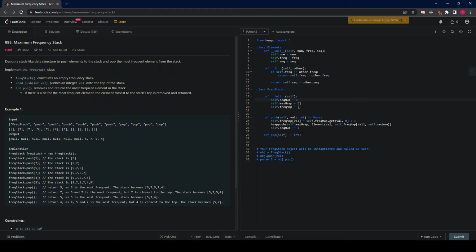So yeah, now we've successfully pushed onto our heap, and now you're just going to be popping stuff off of the heap, right? The max heap, and then you'll also be decreasing the number of frequencies in our map. So you do number is equal to heap pop off self.max heap, and then if